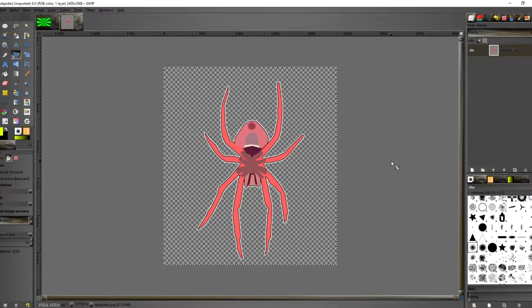How to rotate an image in GIMP. Well, this is actually really quite simple. I've actually already got the tool selected. So after you've opened your GIMP program and you have your image that you want to rotate, all you're doing